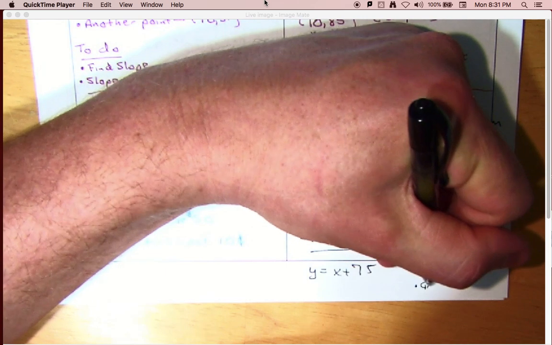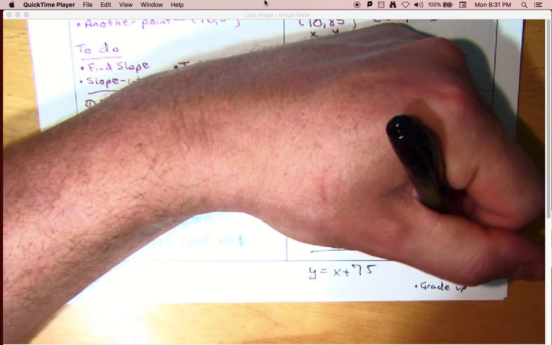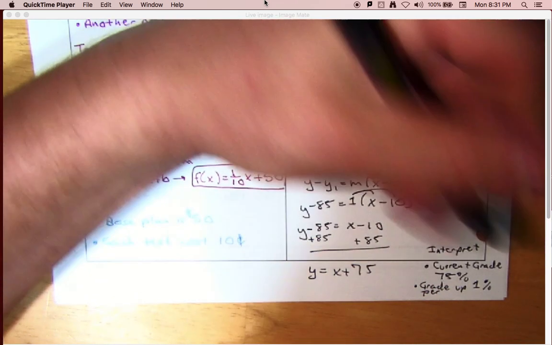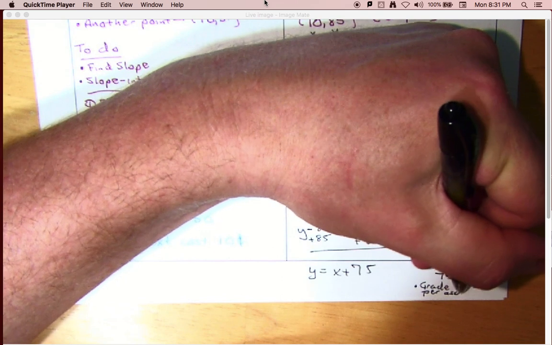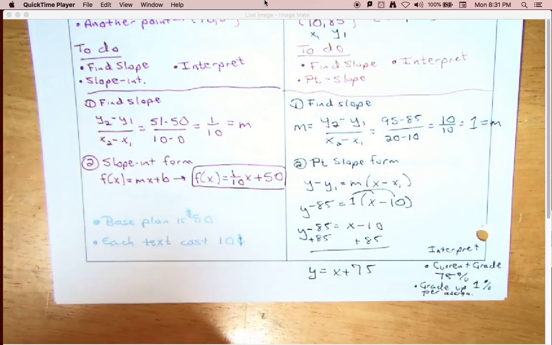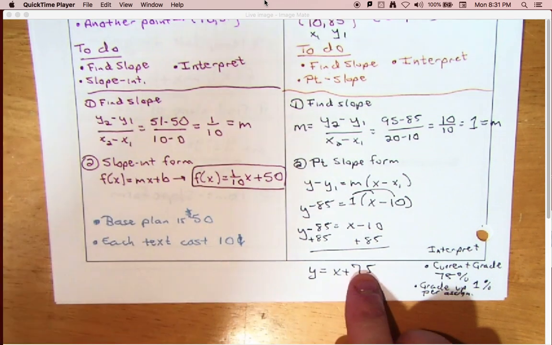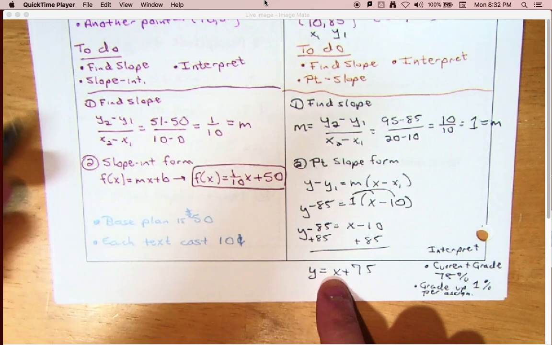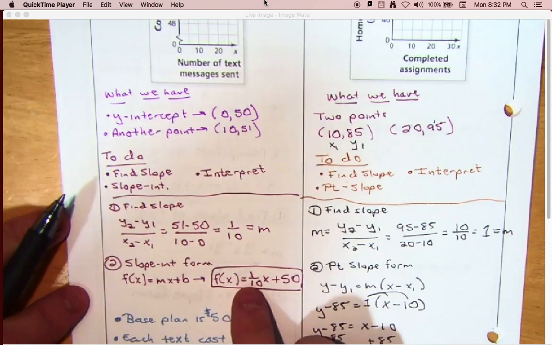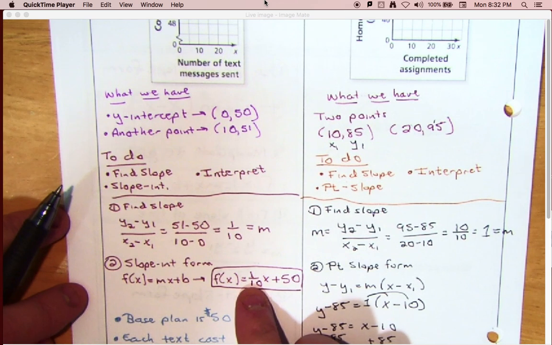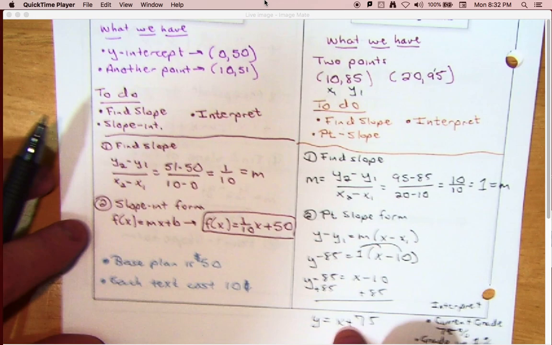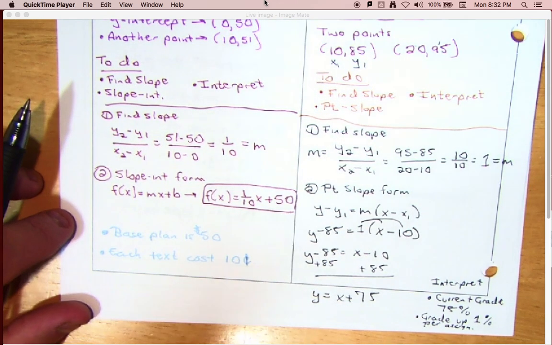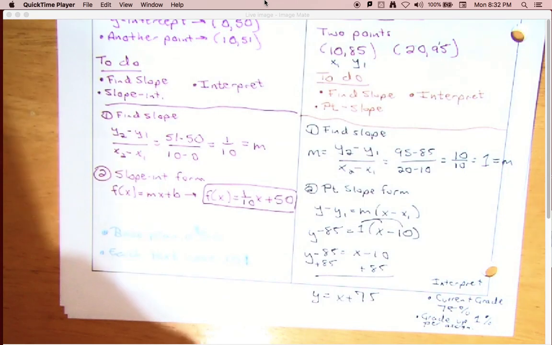So grade up 1% per assignment. We're kind of squeezing that in down there. Per assignment. So that's kind of how you interpret those things. You look at this number, this is our base value. You look at the slope and interpret what it does. And this one right here, each text costs 10 cents. And this one right here, each assignment will increase your score by 1%. Okay? All right, lastly,